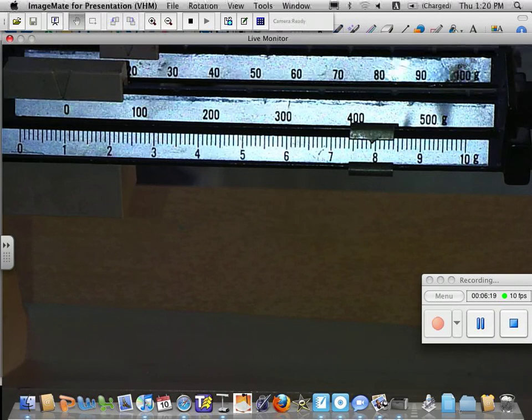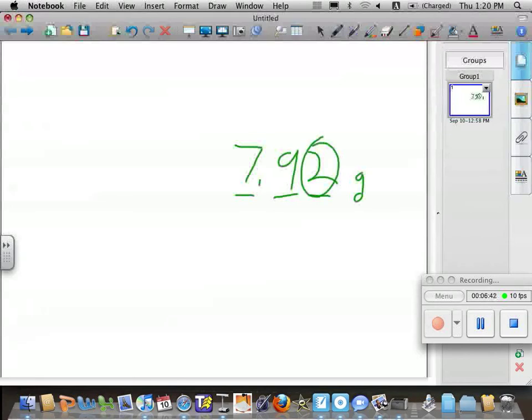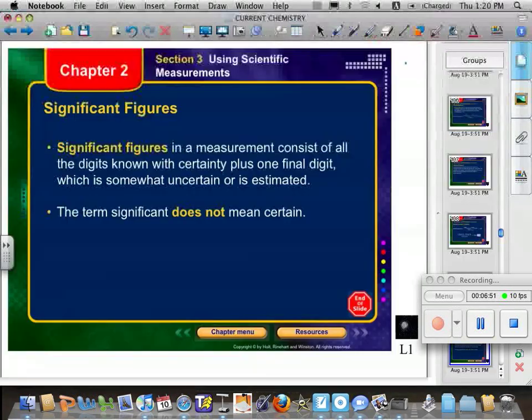That is significant figures. So that measurement can be said to have 3 significant figures, one of which is guessed at, 7.92 or 7.93 or 7.98. Does that make sense? Okay, so without further ado, let's go back to our presentation. Are there any questions about significant